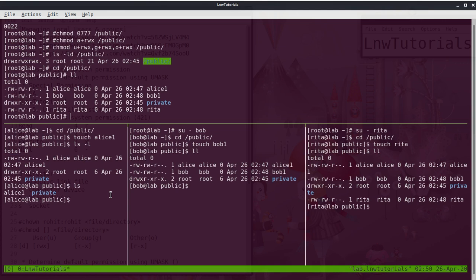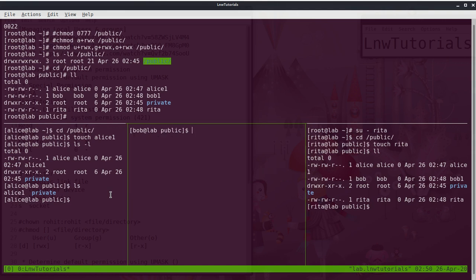Let's try as Bob: is he able to cd into the private directory? Yes, he is able to go in, because he has the read and execute permission.